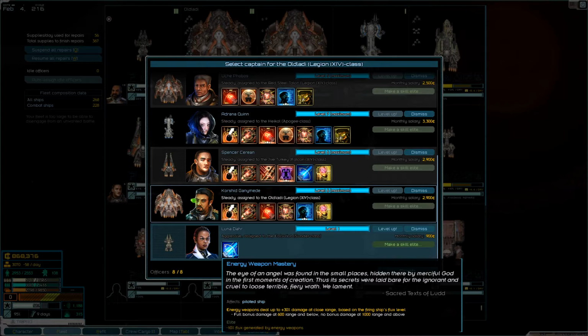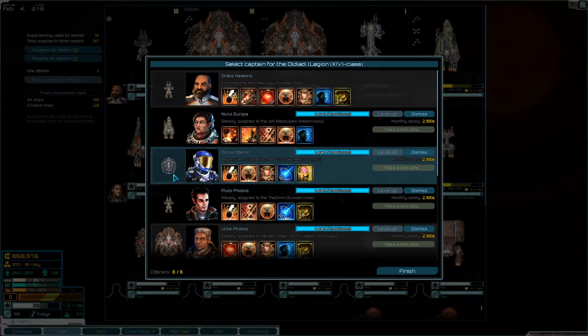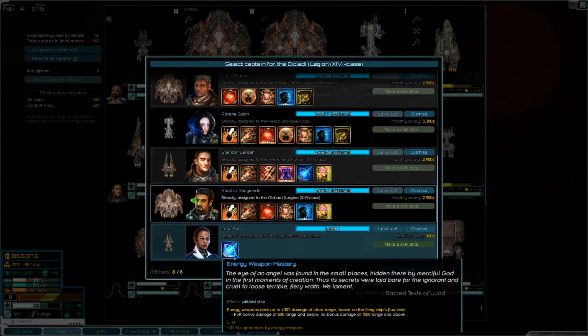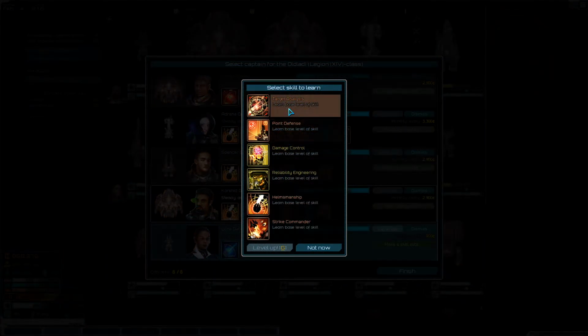She's got energy weapons, so that's short-range energy weapons. And the Hakel is not really a short-range energy weapon, is it? Okay. So maybe you're going to end up just flying the destroyers, or if we build a cruiser for short-range lasers. Okay. I think target analysis is pretty much always a go-to for me, although we have...